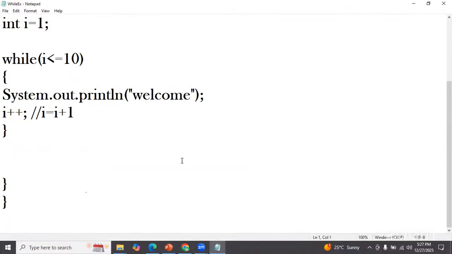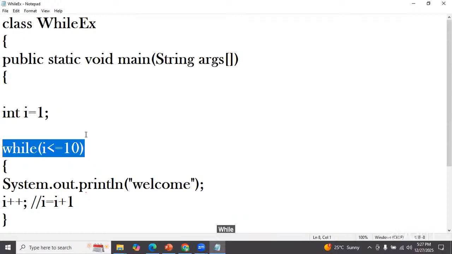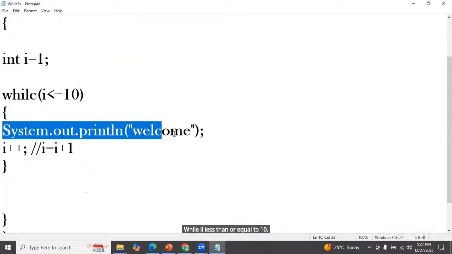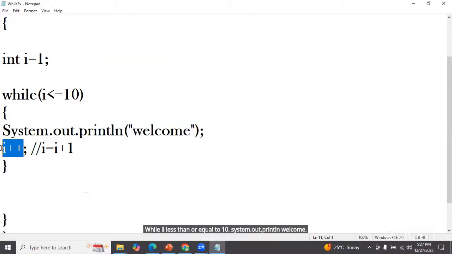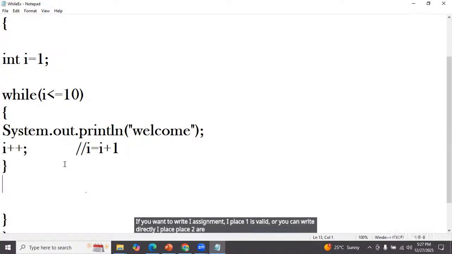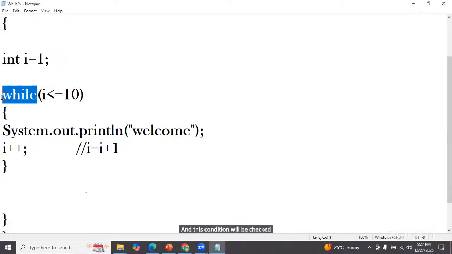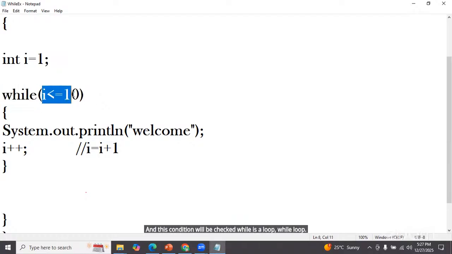Yeah, see this. I assignment 1, while I less than or equals to 10, system.out.println welcome, I plus plus. This is a comment line. If you want, I assignment I plus 1 is valid, or you can write directly I plus plus. Both are valid. Now the meaning is first I equals 1 and this condition will be checked. While is a loop. 1 less than or equals to 10, true. If that is true,